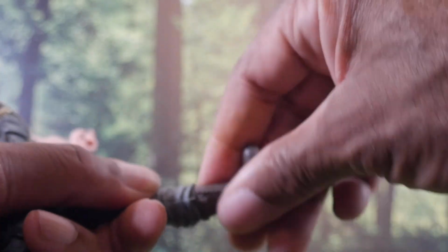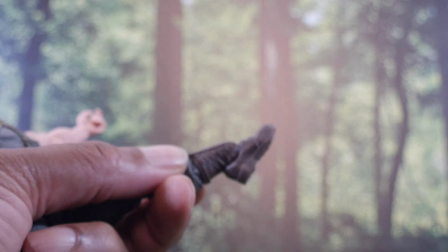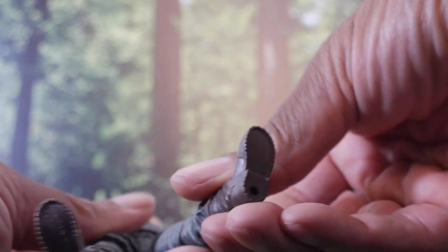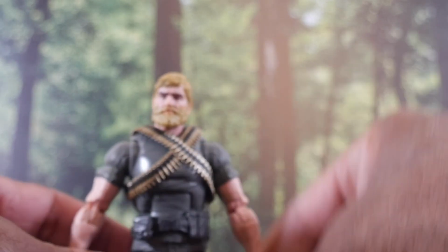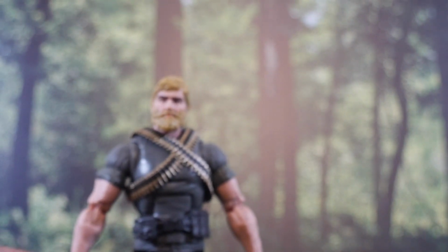He's got a swivel at the top of the boot, and he's got ankle pivot. He can point forward that far up. He's got the pivot going on, and he's got holes at the bottom of the feet. So, like I said, we've got that nice standard articulation going in terms of,